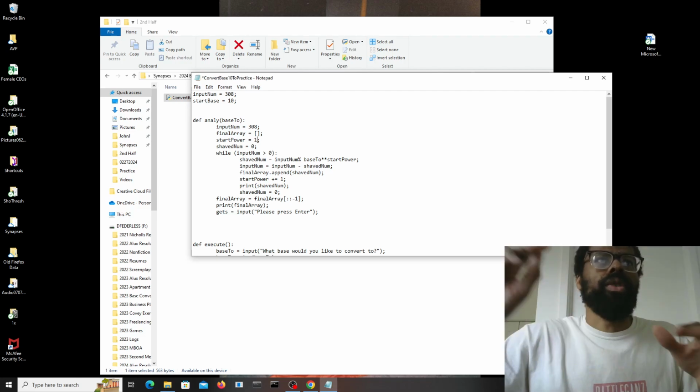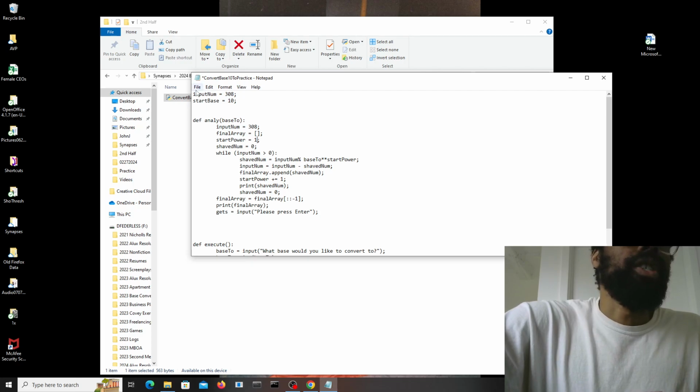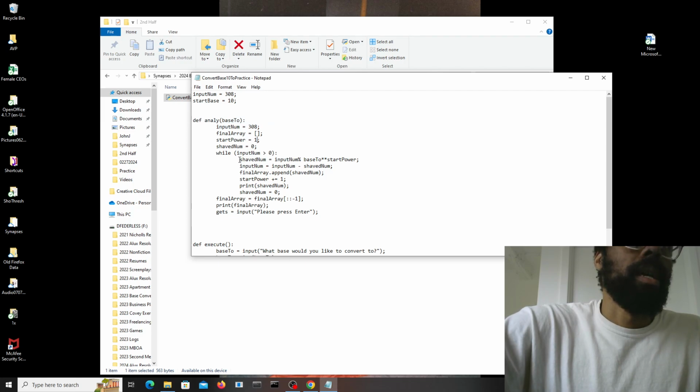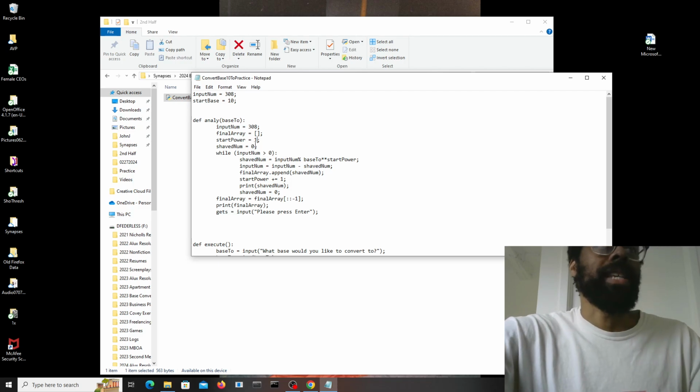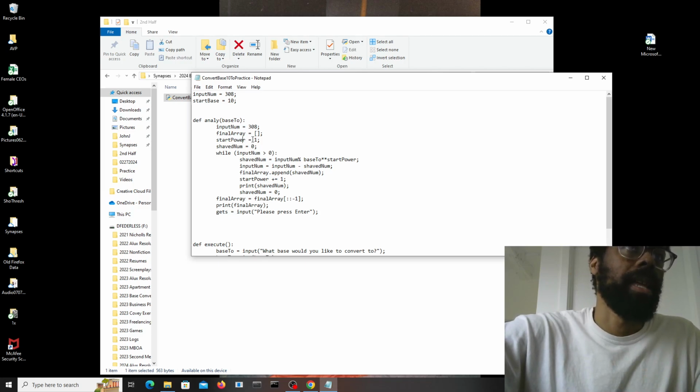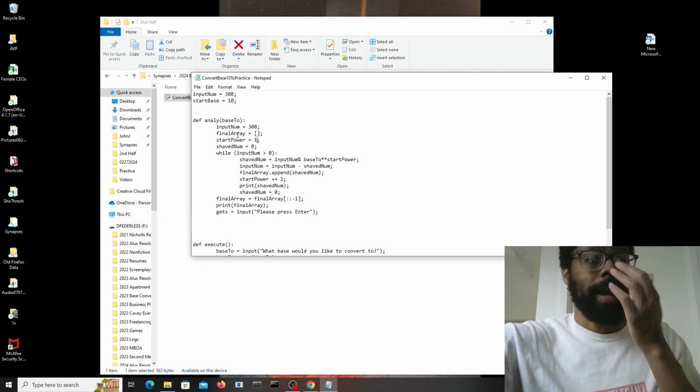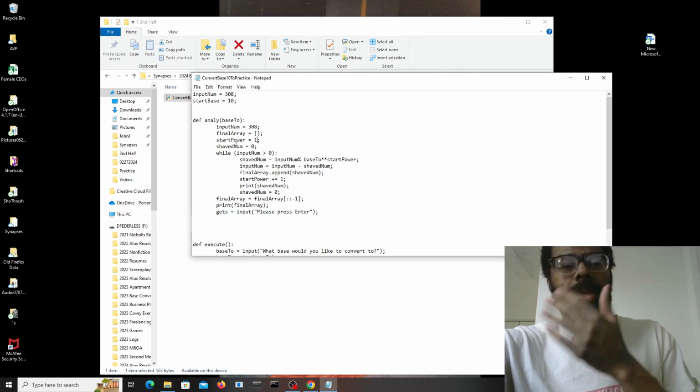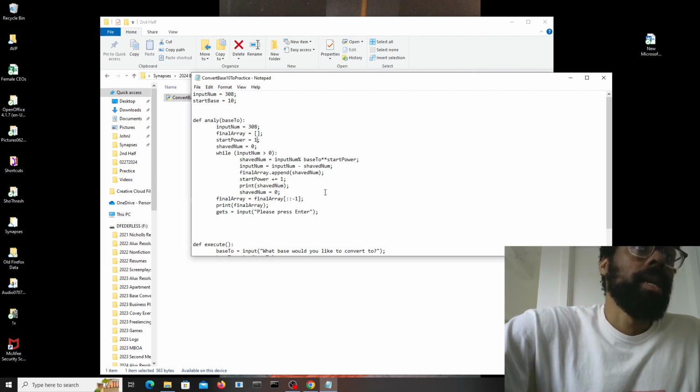Basically, the problem I was having was the power that I was starting at. The power that I was starting at was 0 originally. And the issue is that if you're starting at 0 power, anything to the 0 power is 1. Anything to the 0 power is 1, right? So that's all well and good, but